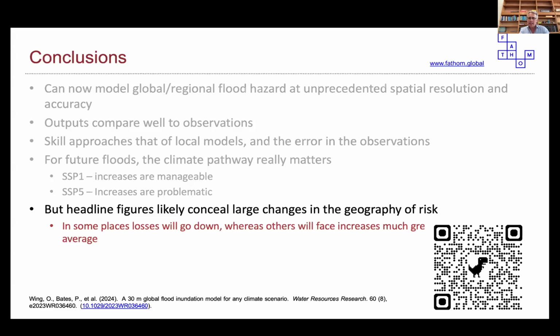And then your last question was, how do you manage the data? Logistically, we have a tiled data structure, so all our data is in 1 or 2 degree tiles. The more conceptual question is, just how much data is there here? At Fathom, we're approaching about 0.5 petabyte of data storage. That's 500 terabytes of information in our storage systems. And that's only going to get worse. For example, we're using the SWOT satellite data for our next generation of modeling, and SWOT is generating 8 terabytes of data a day,